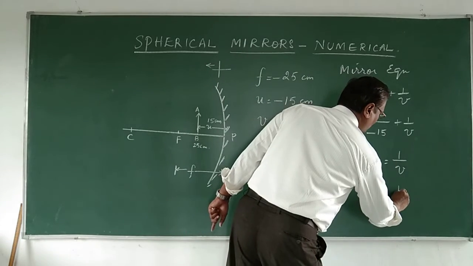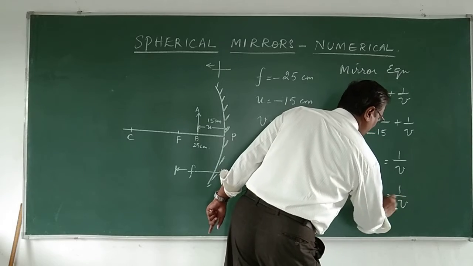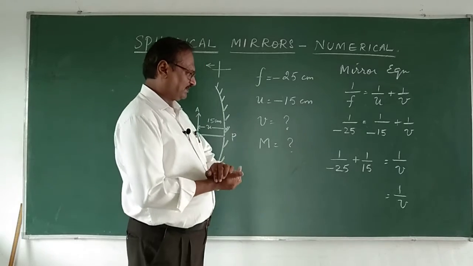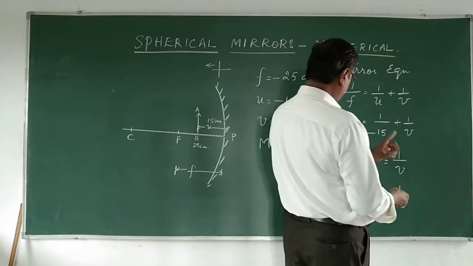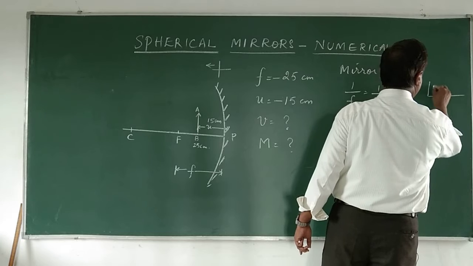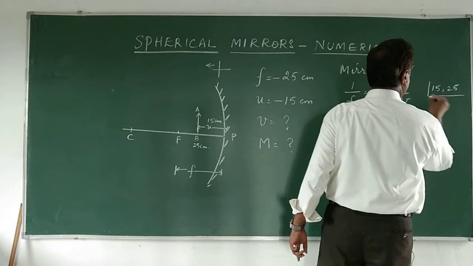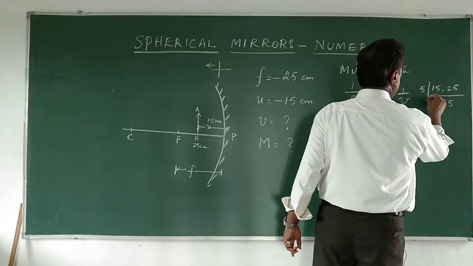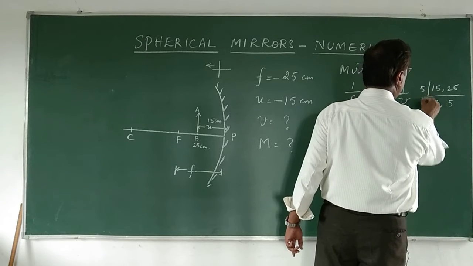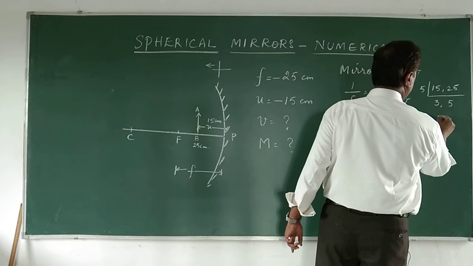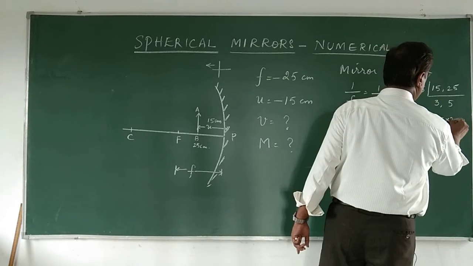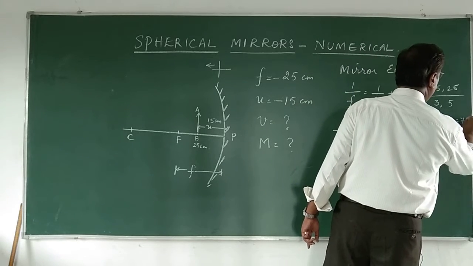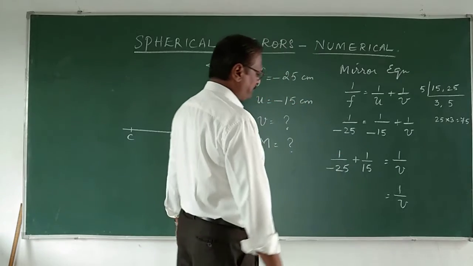That is equal to, I can do 1 upon v is equal to, now what should be the, let us say LCM. We have to find the LCM for 25 and 15. So let me find out LCM for 15 and 25. With 5, it is going 3 times and this is going 5 times. Okay, I think it should be multiplication of all this. 5 5s are 25, 25 into 3, yes, it is 75, right? So 75 is the LCM.